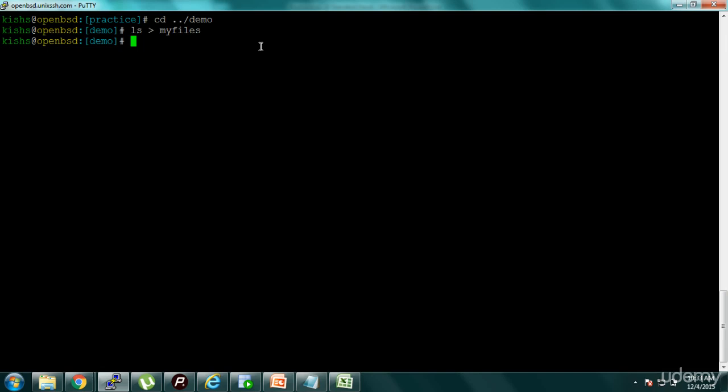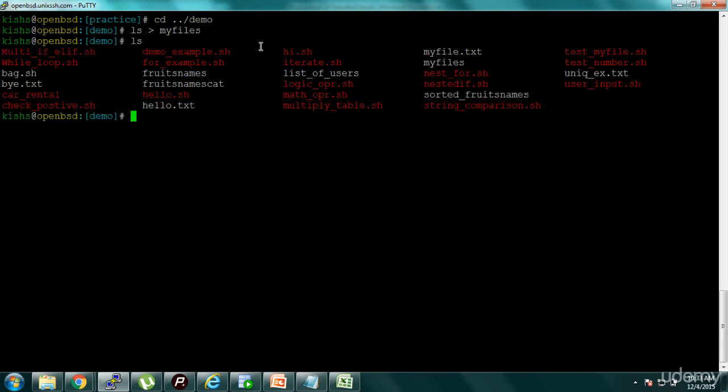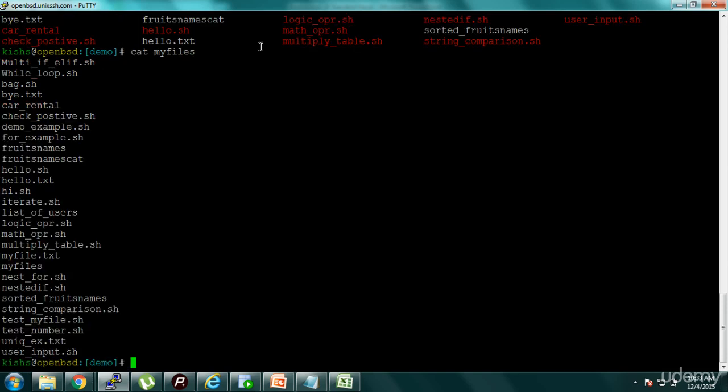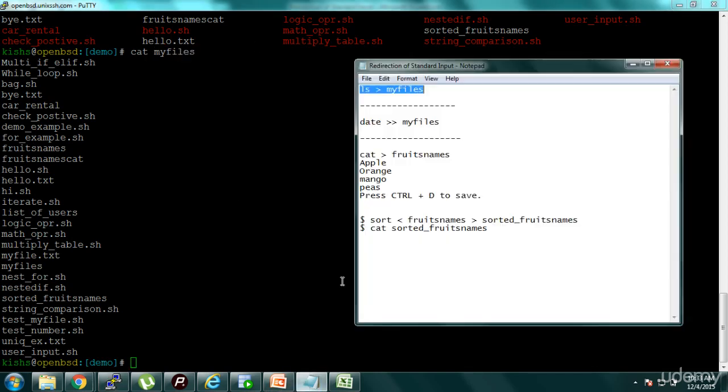Now we run ls greater than myfiles. The output of the ls command is written to the file myfiles. Now I open it with cat myfiles, and I have the list here. All the files are written into the file myfiles.